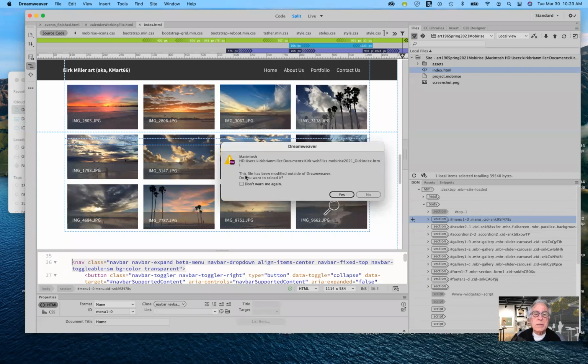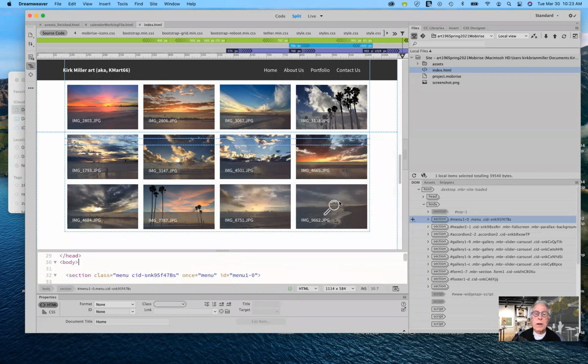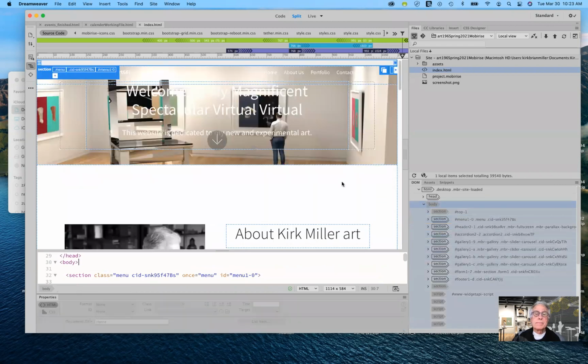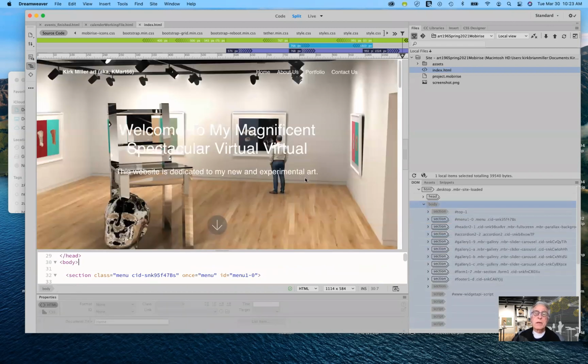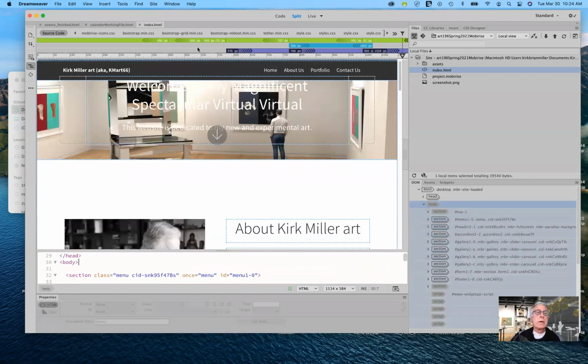Okay, now notice it says the file has been modified outside of Dreamweaver. Do you want to reload it? I'll just say sure. So it recognizes that something was up. And you can see that my page, again, what I need to do in Dreamweaver now is you need to